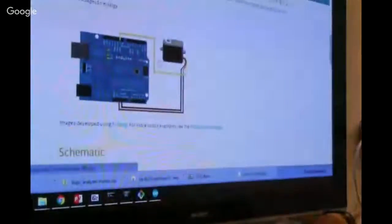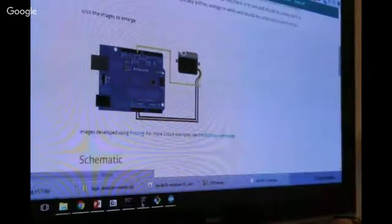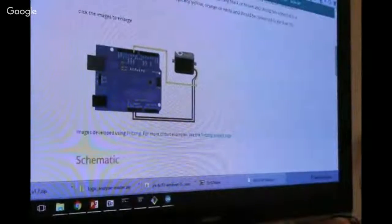But all we're going to do is hook up 3 wires to the board. There's no real circuit here. So we'll load the sweep program into the Arduino from the examples menu. So off of examples, that's